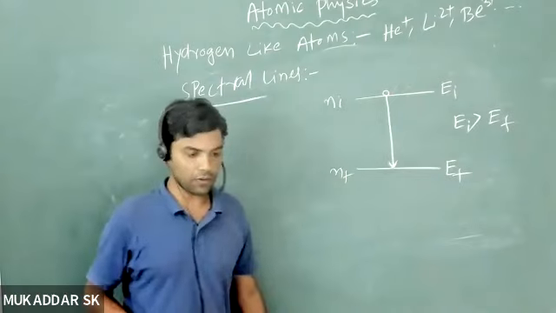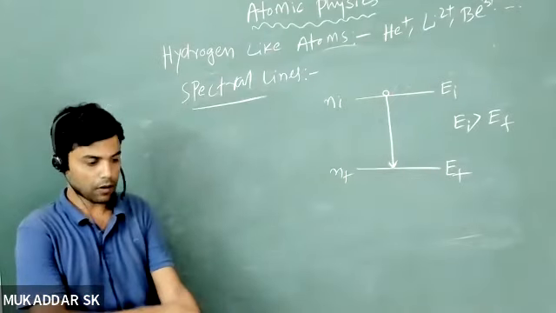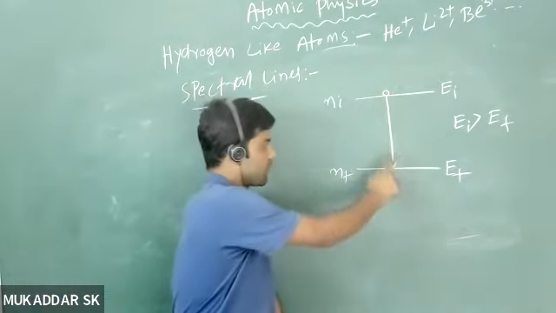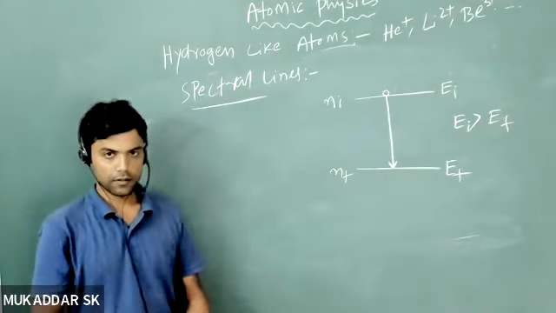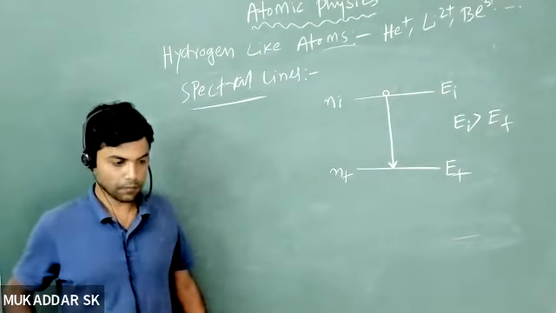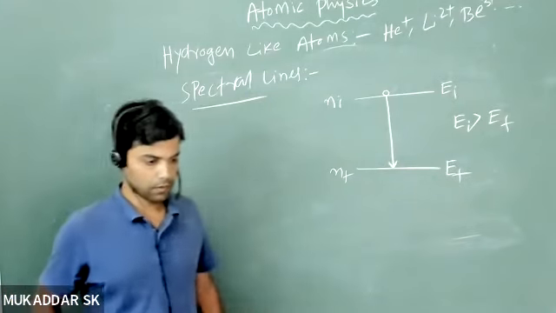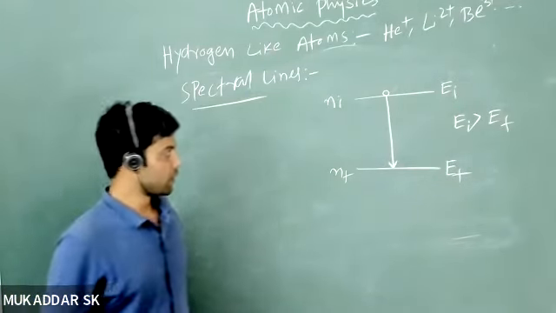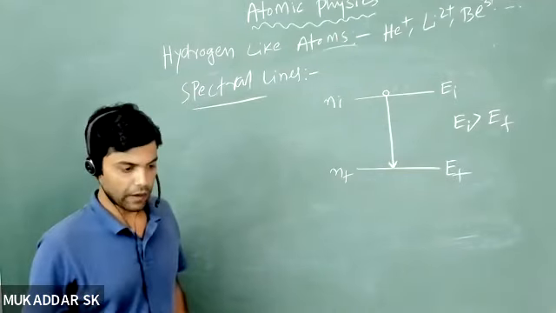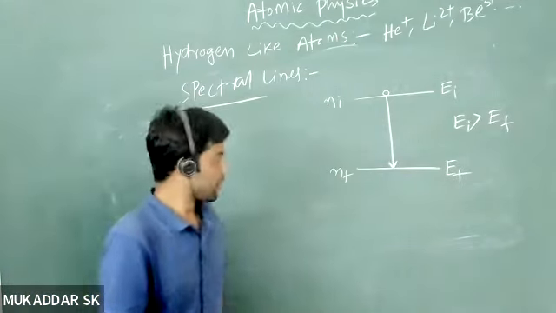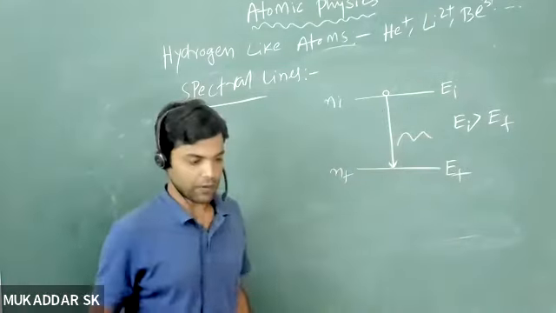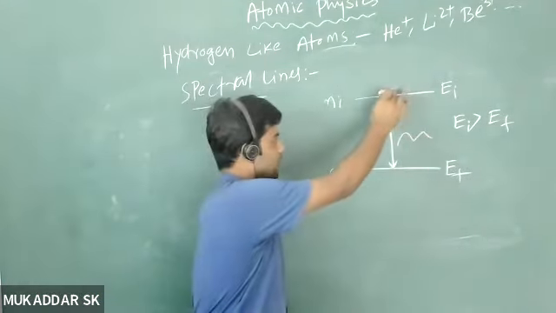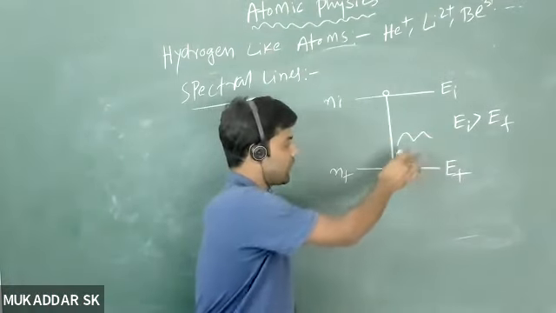As a result, what will happen? If it makes transition from this level to this level, what will happen? It will have some wavelength. Yes, very good. So what will happen? It will emit photon, right? When electron makes transition from this to this level, it will emit photon,